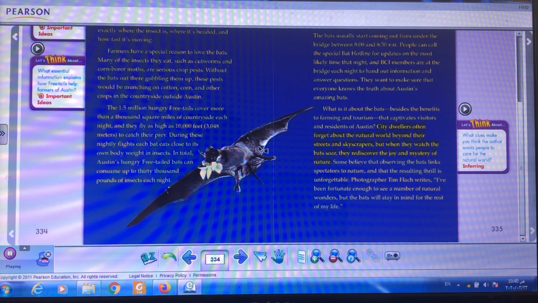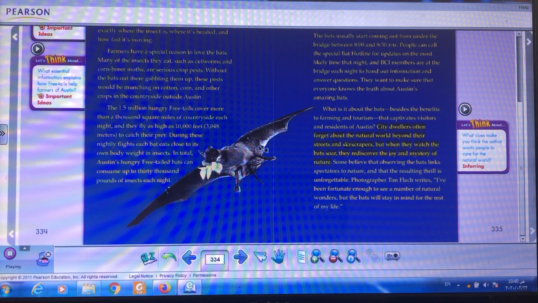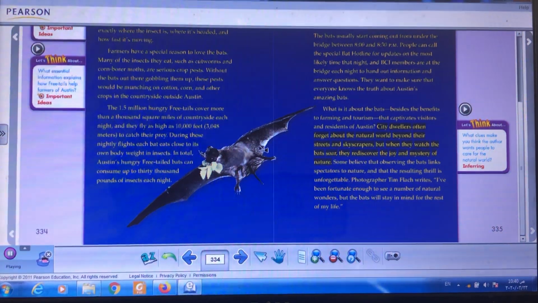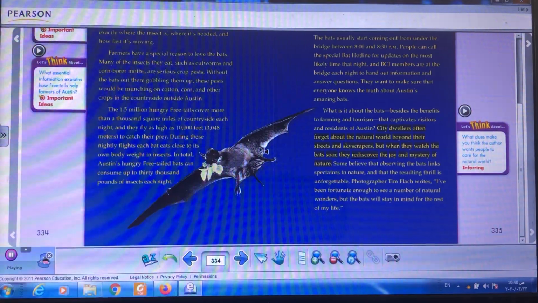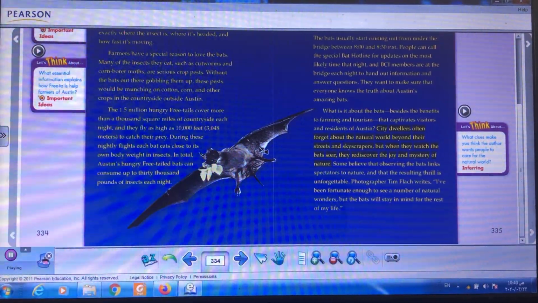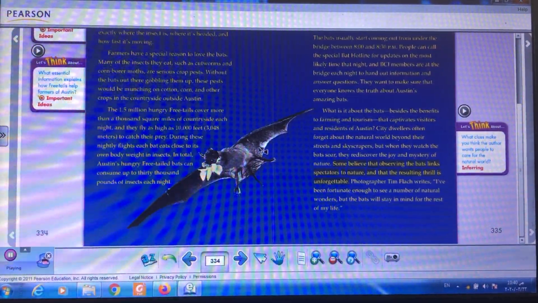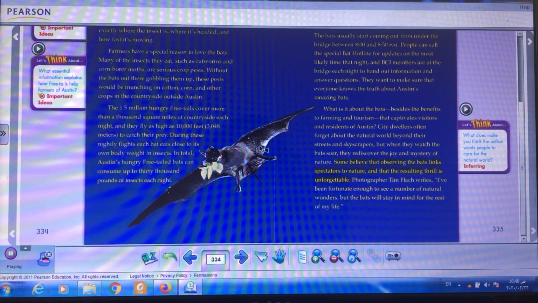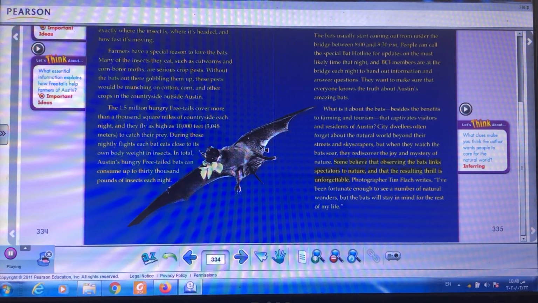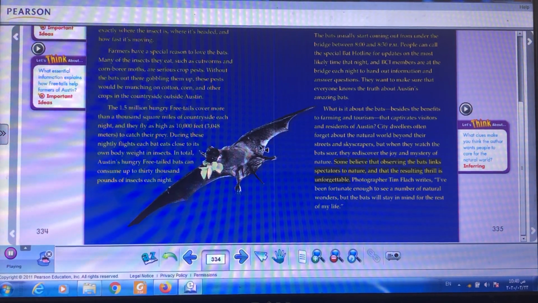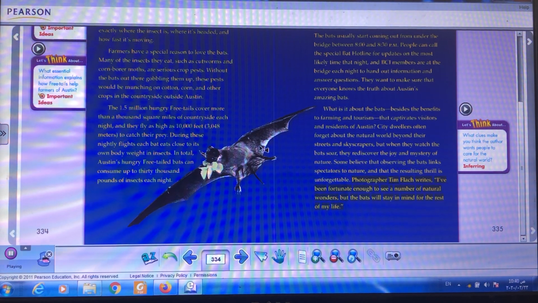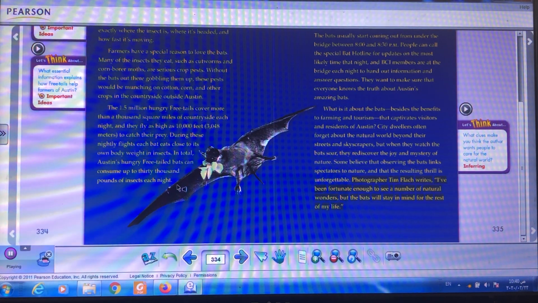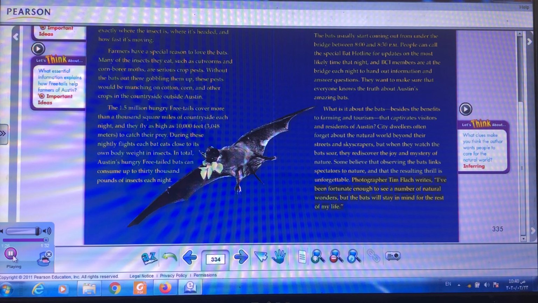City dwellers often forget about the natural world beyond their streets and skyscrapers, but when they watch the bats soar, they rediscover the joy and mystery of nature. Some believe that observing the bats links spectators to nature, and that the resulting thrill is unforgettable. Photographer Tim Flack writes, I've been fortunate enough to see a number of natural wonders, but the bats will stay in mind for the rest of my life.